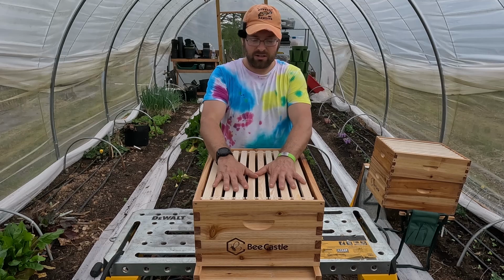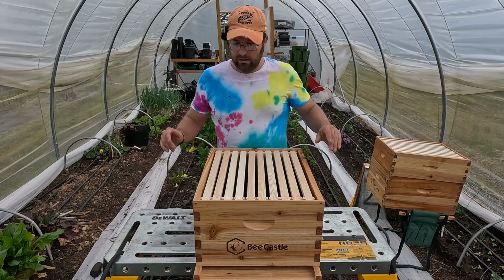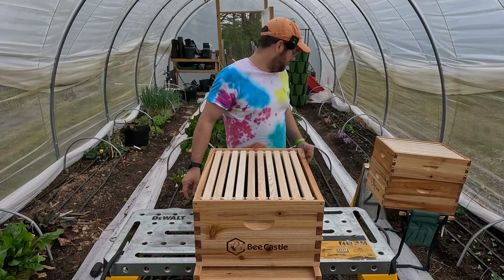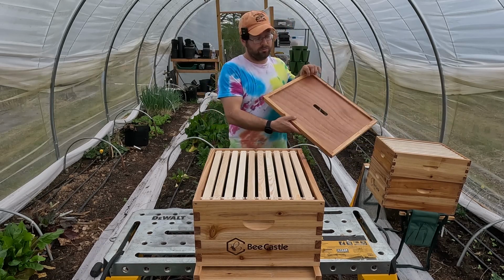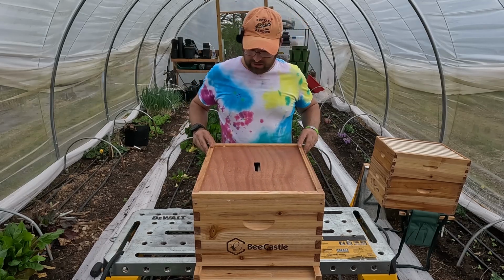So we got our 10 frames in here. You can space them out just a little bit. And when you start the hive, this is where the bees would be going in here. Then next would be the inner cover. This goes on top like this,